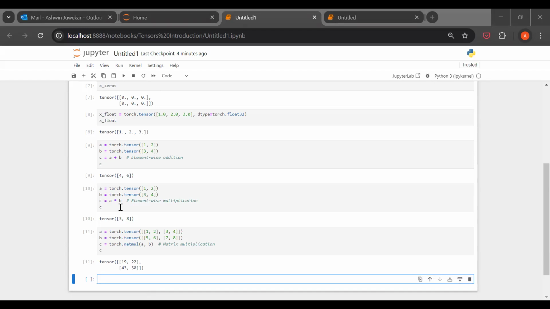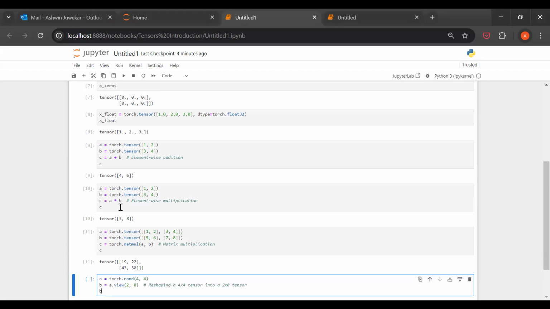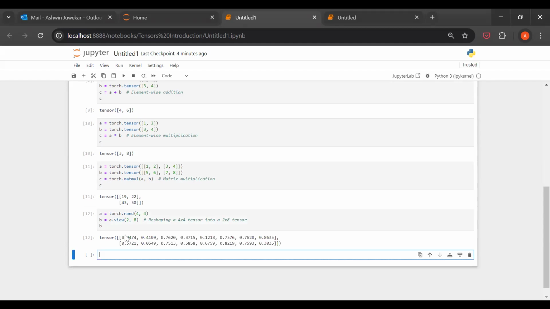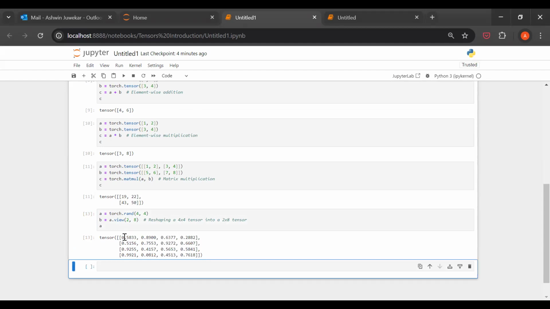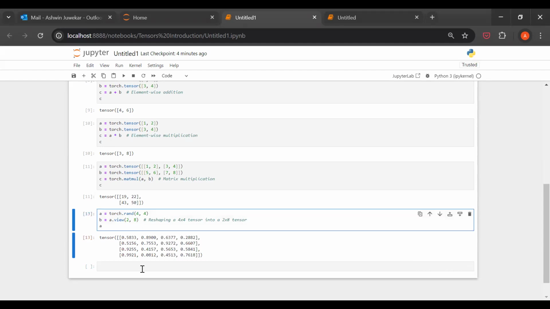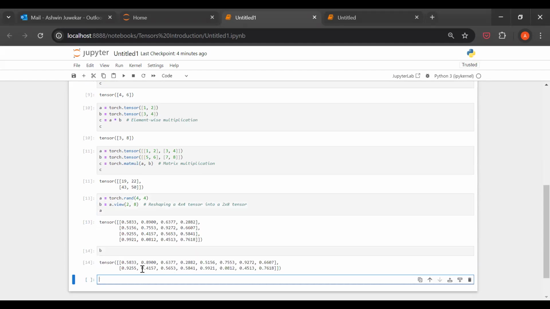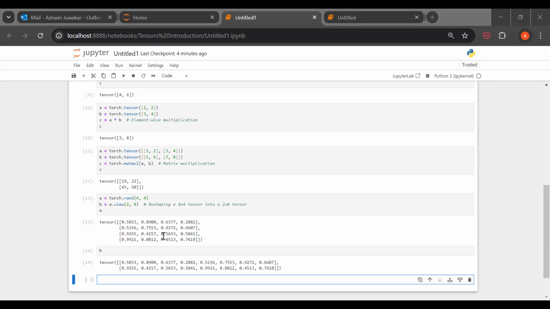One more example. Now see here, we are reshaping. What are we reshaping? For example, if I put here A, now see A means a 4 by 4 array, right? And we are transforming it into 2 by 8. So we are transforming the array. That is called reshaping the array. Okay, now